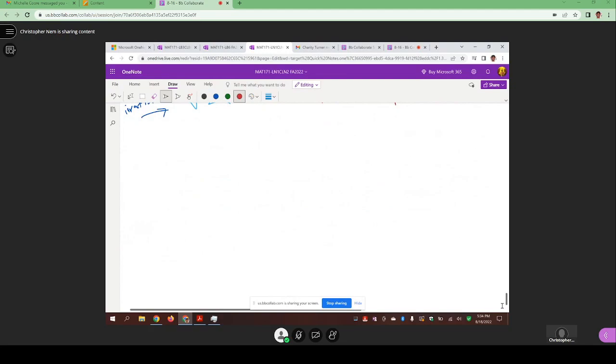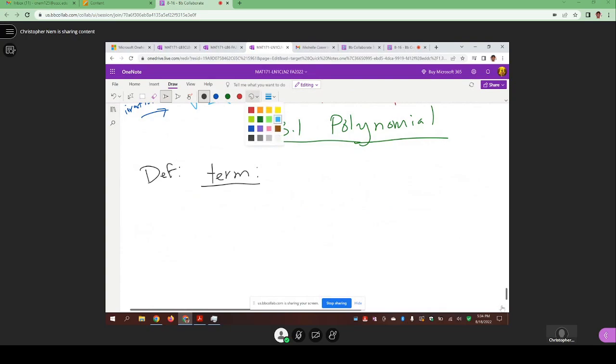Now we get to the final topic of today's lesson, 3.1. This is polynomials. We're not going to go too far into it. I'll save that for tomorrow. But before we even go to polynomials, I have to give you some actual definitions. So definition time. Let's talk about the word term. What is a term? All a term is